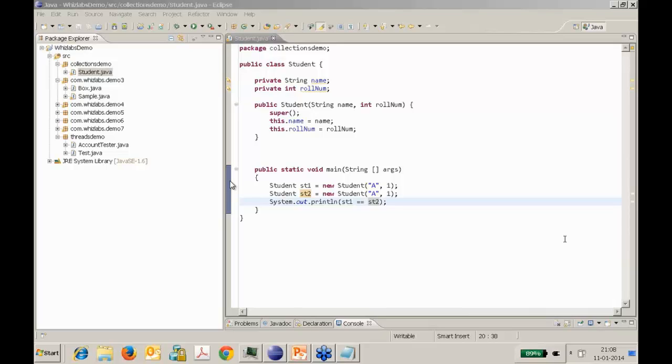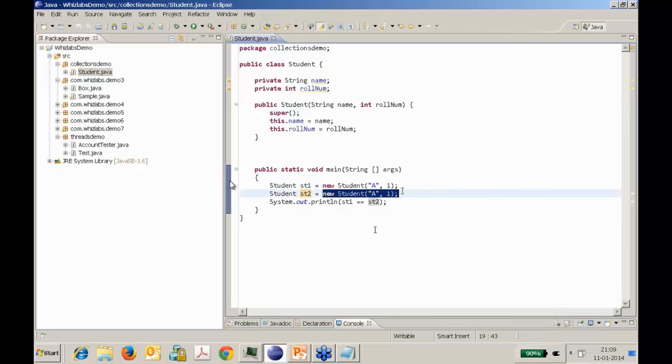Okay, I can see a few trues and a few falses as well. So guys, the correct answer here is actually false. The reason is: what are st1 and st2? st1 and st2 are basically object references, and the value of an object reference is the memory address where the actual object is stored. You will agree, I hope, that this is one Student object and this is another Student object, even though they have the same name and same roll number, but these two are certainly different Student objects located at different locations